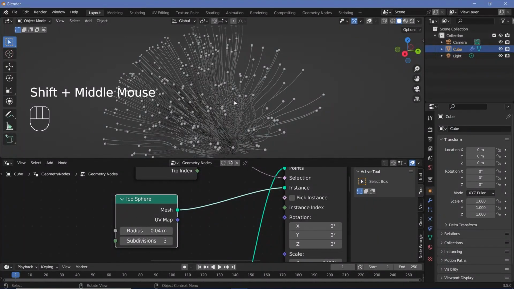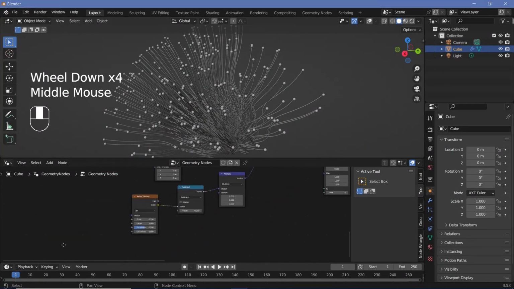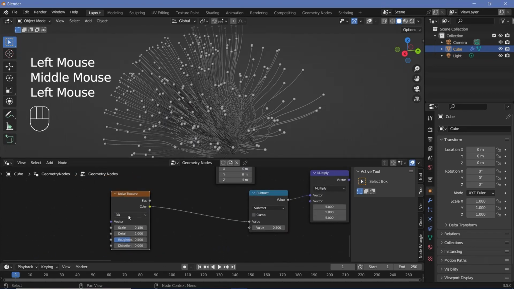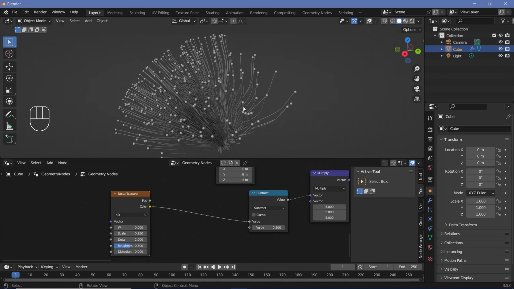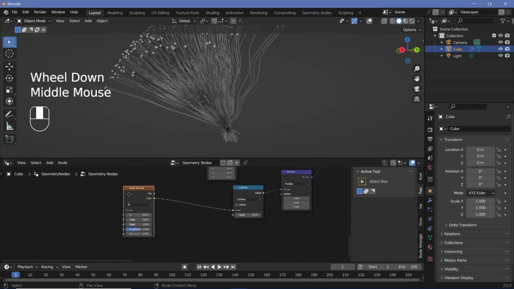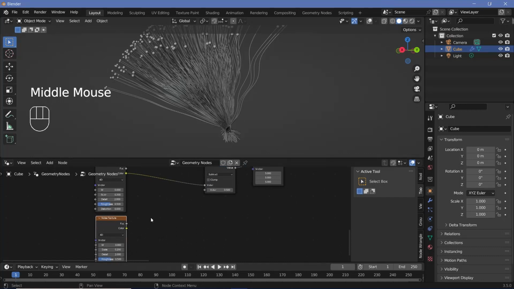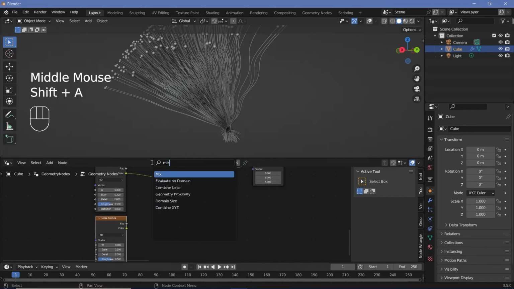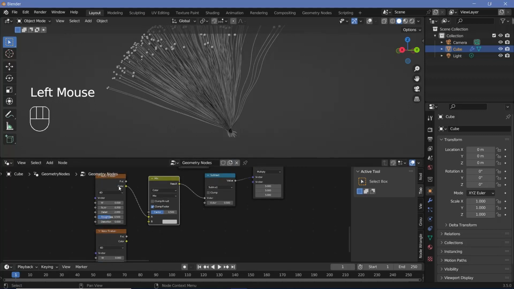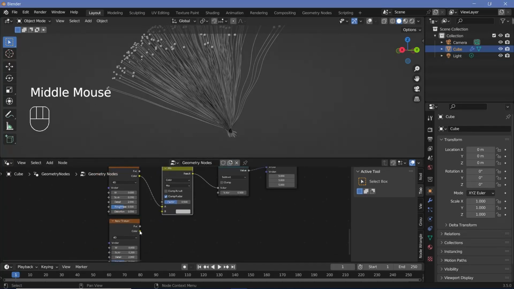However, if we want to animate this, you're going to go ahead and use the general method for looping noise textures. So the first step is changing it to 4D, and because we change it to 4D, I think it also makes sense to just increase the scale a little bit. So we'll maybe make the scale 0.2, and then we'll press Shift D to duplicate it, and then press Shift A and search for a mix node. We're going to have to change it from float to color, and then plug that in between the noise texture and the subtract node. Then plug the color from the second noise texture into the second socket of the mix node,